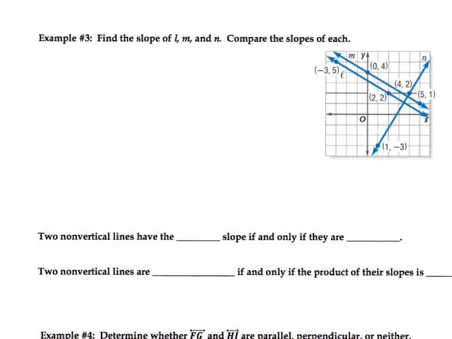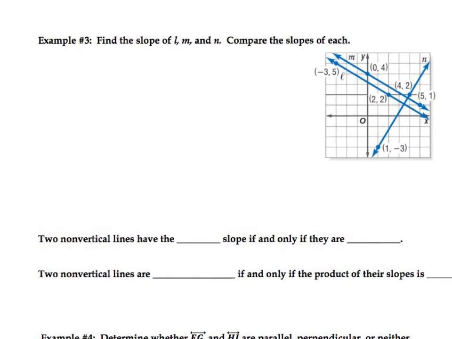So in our third example, we want to find the slope of our lines L, M, and N, and then we're going to compare the slopes of each of those. So we're going to have to do our slope formula 3 times. So let's start with line L, which is this line right here. So 2 points on the line, -3, 5, and 2, 2. So if we label them x1, y1, and x2, y2,